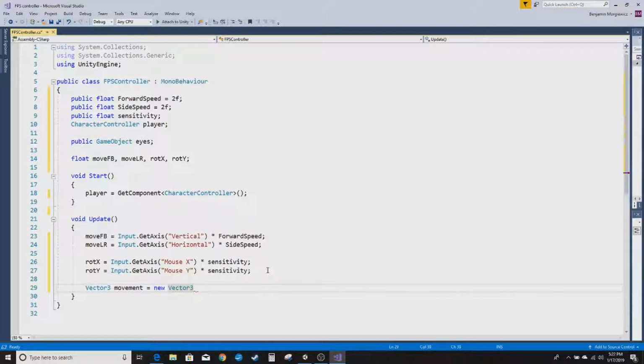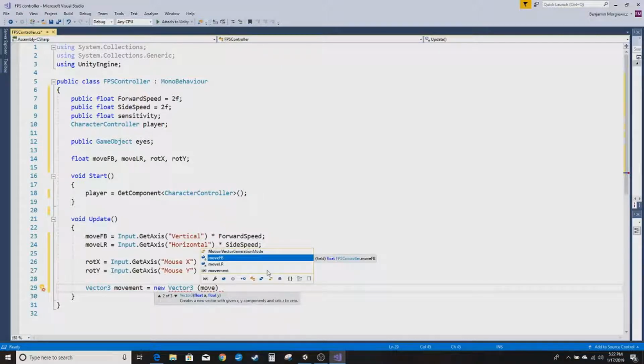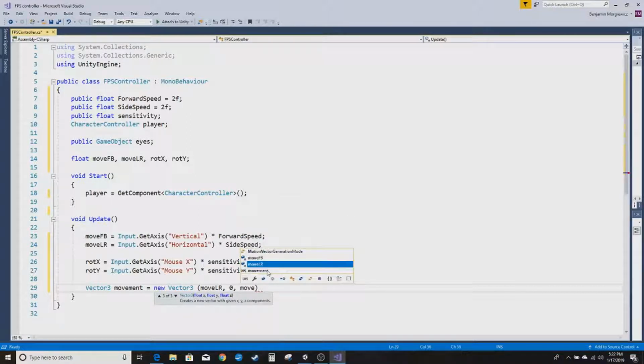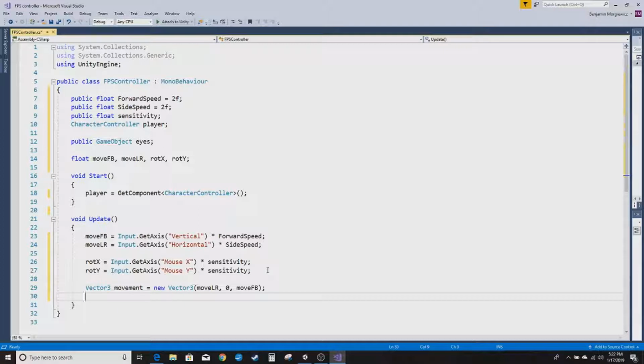Alright, so then we need to make it move, make it actually do something. So we'll put the move forward and backward. No, we'll move the left and right. Left, right, comma, 0, comma, move forward and backwards. Alright, so we'll just close that off, and then go into a new line, just transform.Rotate,